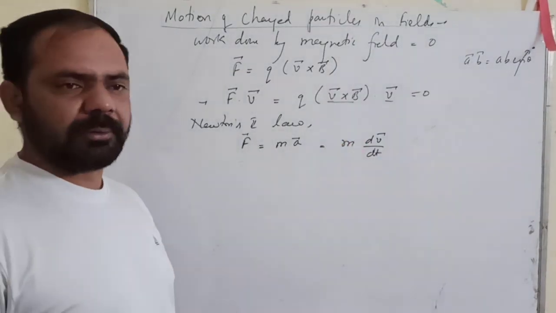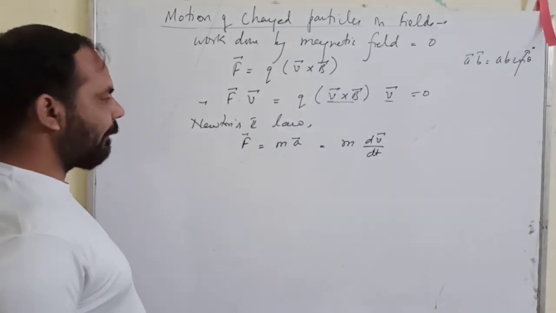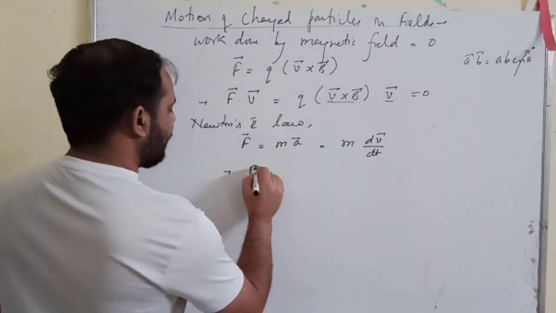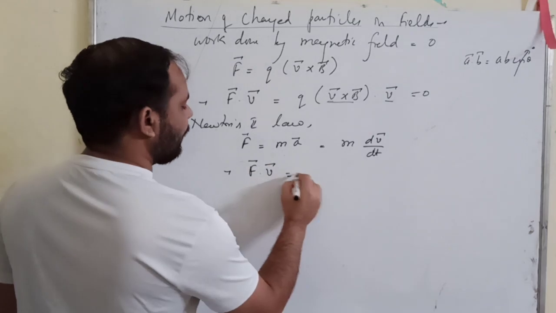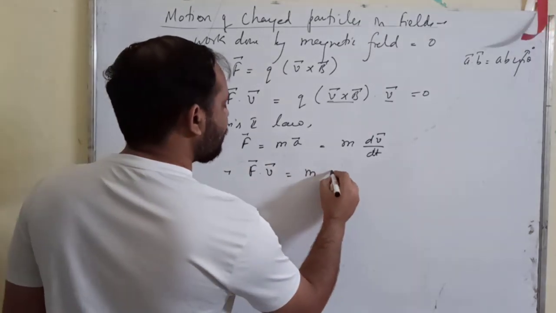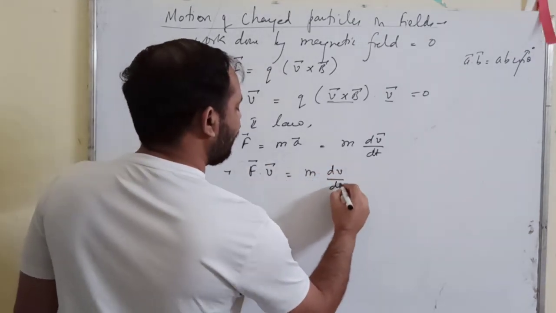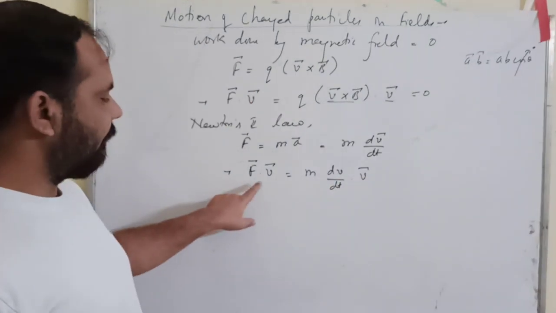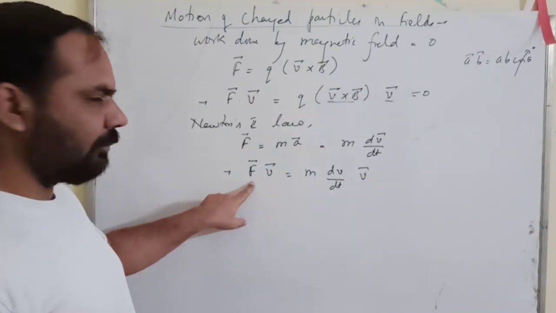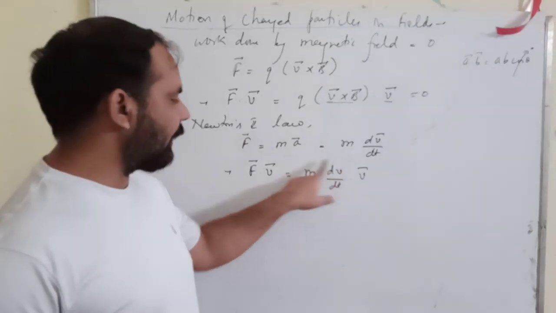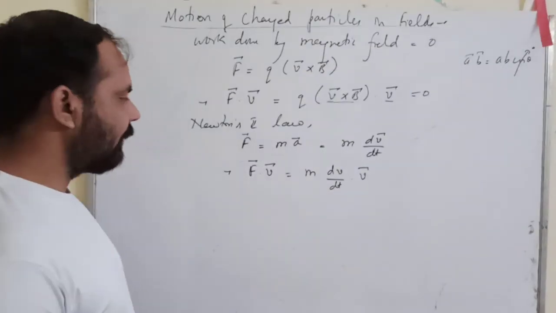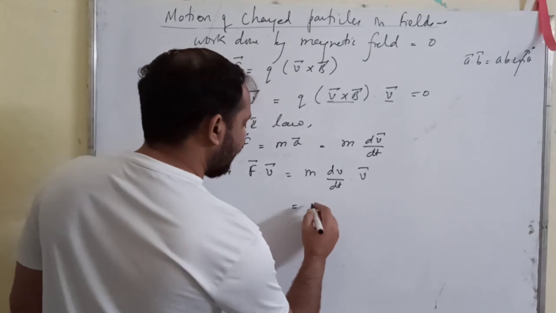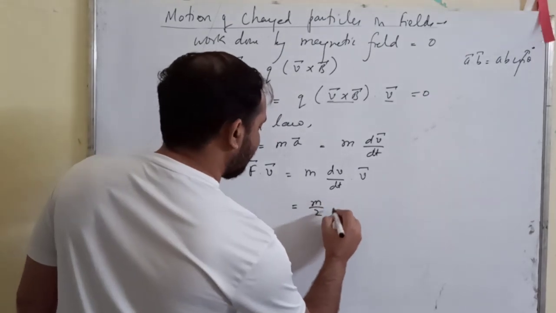Acceleration is the rate of change of velocity. Okay, so this implies that F dot v is equal to m times dv upon dt dot v vector, right? If I take the dot product of velocity with force, then I will have to take the dot product on the other side also. You can write it like this: m by 2